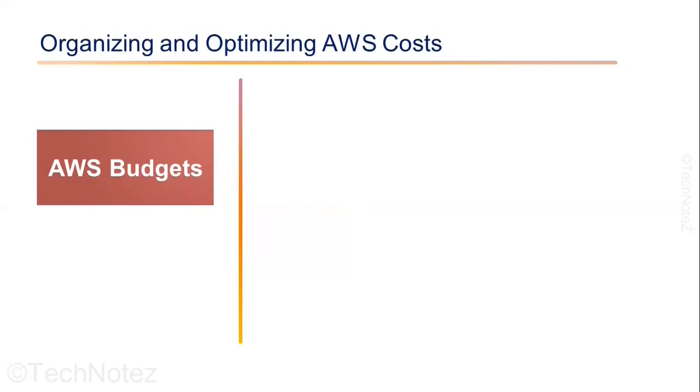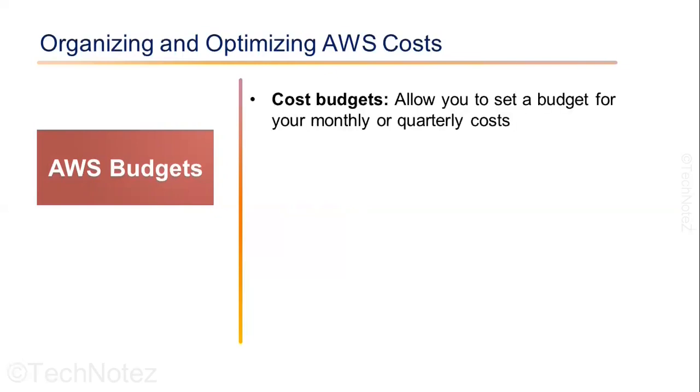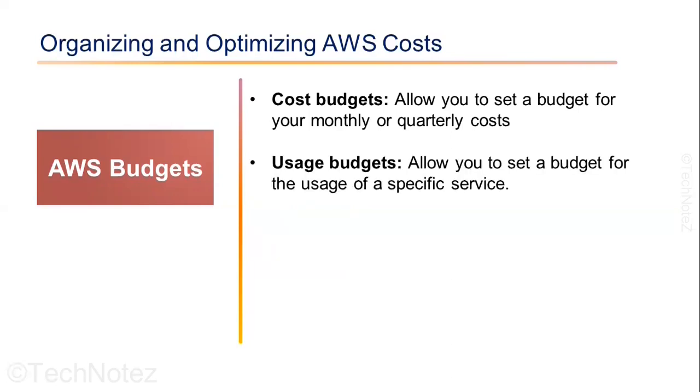There are different types of budget that you can create, such as cost budget. AWS cost budget allows you to set a budget for your AWS cost and receive alerts when your actual cost exceeds the budget amount. For example, you plan to spend $100 in a month on AWS services. You will get alerts when your spending exceeds the $100. This saves you from an unexpected AWS service bill. Usage budget. Usage budget allows you to set a budget for the usage of services. Usage budgets are similar to cost budgets, but allow you to set a budget for specific services such as the number of S3 requests or the number of EC2 instances running.